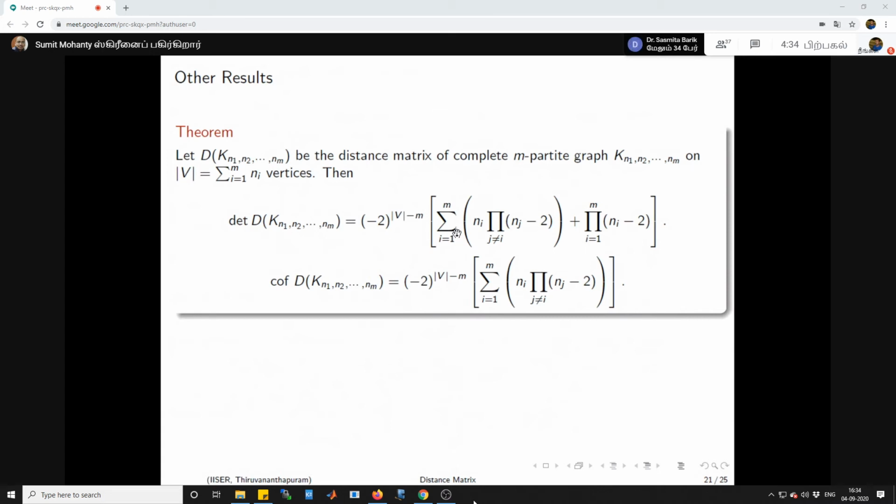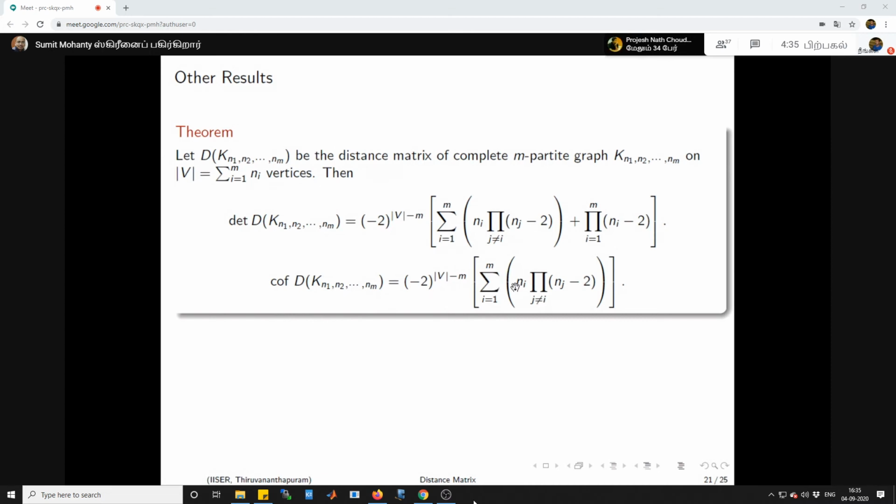But in the case of a complete graph, there is no graph for which the determinant and cofactor are 0 if the number of vertices is greater than 2. And in the case of a complete bipartite graph, K_{2,2} is the only graph for which the determinant and cofactor are 0. So in your choice of blocks, you just remove one K_{2,2}, and your result is true. But in this case, whenever you go for m greater than or equal to 3, then the determinant and cofactor being 0 come into the picture.